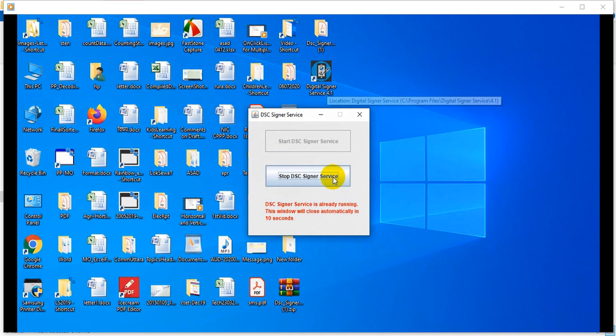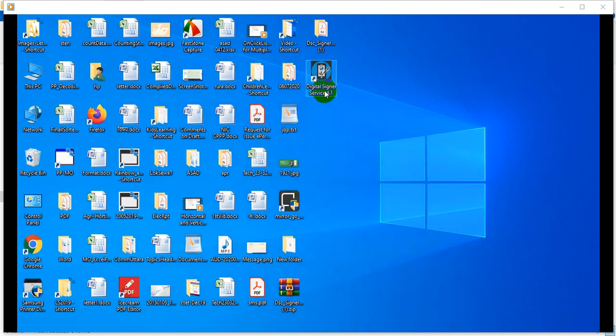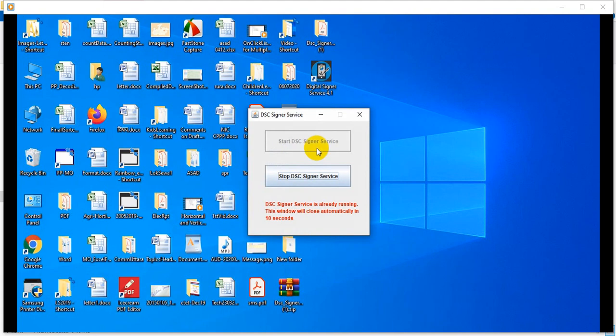You see, below 10 seconds was written and the seconds are decreasing one by one. What it is showing is that start is disabled, which means the service is running. Let me open it again. As it's closed, our digital signer service is already running in my system, and if I want to, I can click stop below to stop the service at any time.